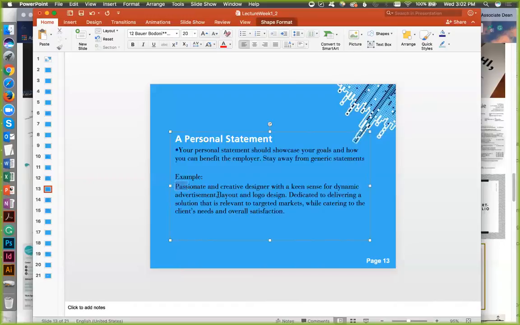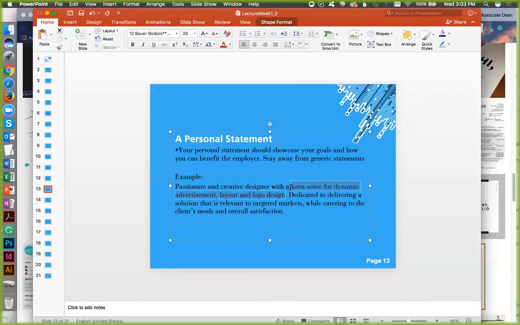Let's sit and think about this first sentence here. Passionate and creative designer, right there. That talks about me, talks about my personality, and kind of what I bring to the table to a certain degree, right? With a keen sense of dynamic advertising, layout, and logo design.